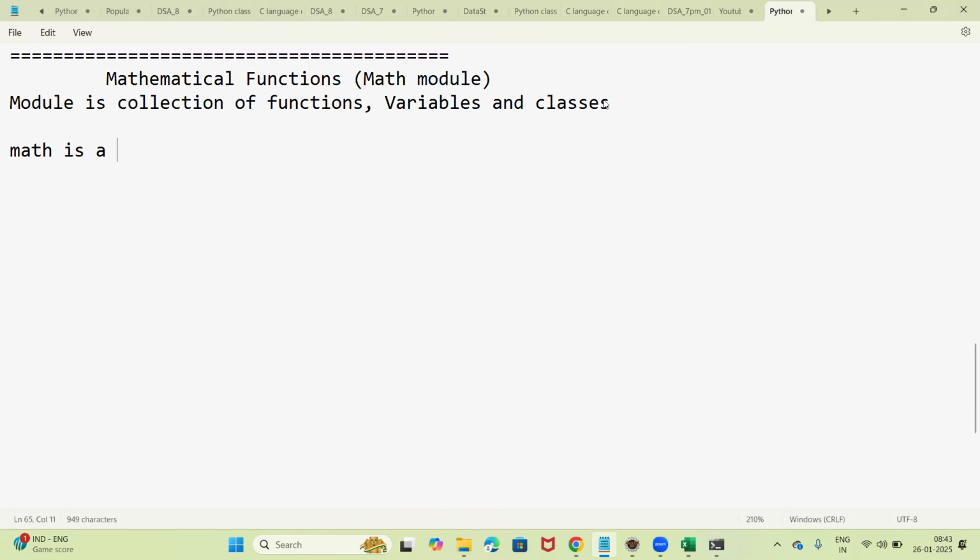Math is a module that contains several functions to perform mathematical operations. Okay,